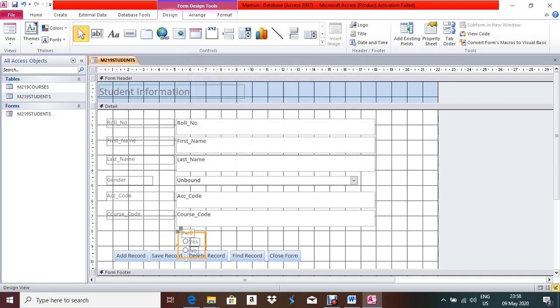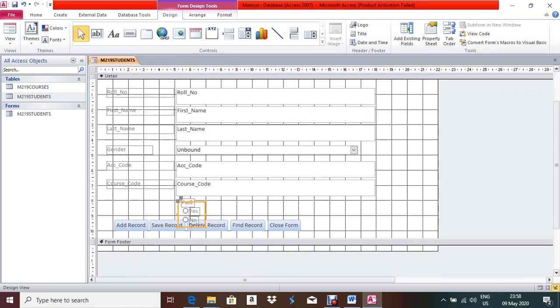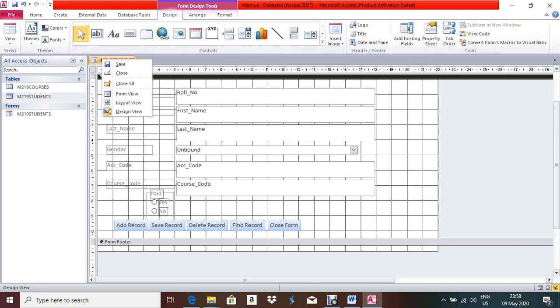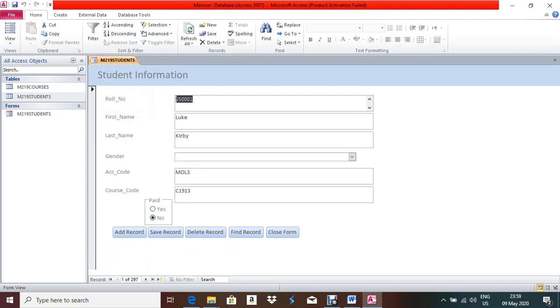Then click finish. Now see, it came this way. You can make it on this side also. Now if I open this one into form view, how does it look? It will look like this, right? We can make this one a little bit down.